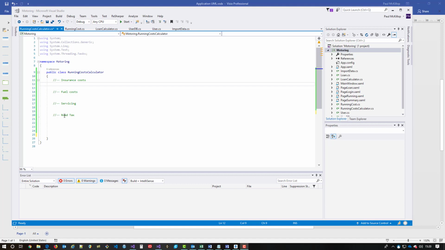And for each one of those, we need to return an annual, a monthly, and a weekly cost based on whatever is supplied in the interface, which may also be annual, monthly, or weekly. So we've got to build 12 methods. Just to make it seem a bit odd, we're going to build 13. But honestly, that will really help us. So I've laid out the areas, and what we need to do now is make sure that for each of those,